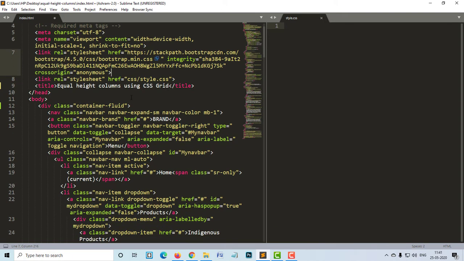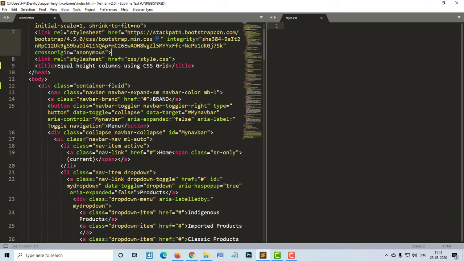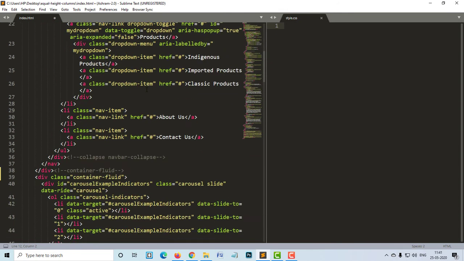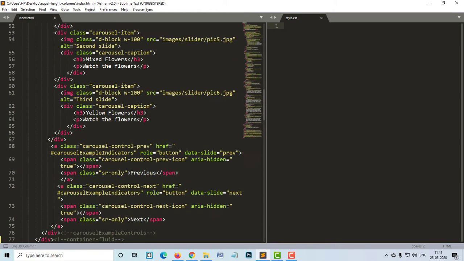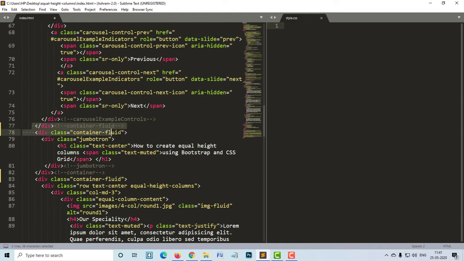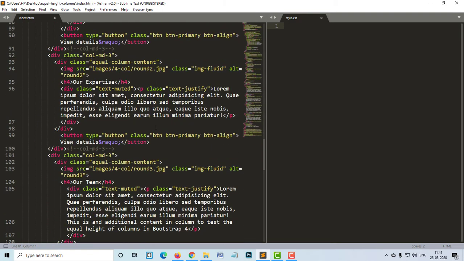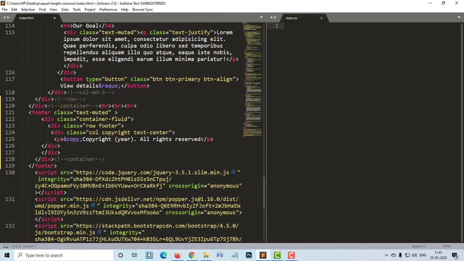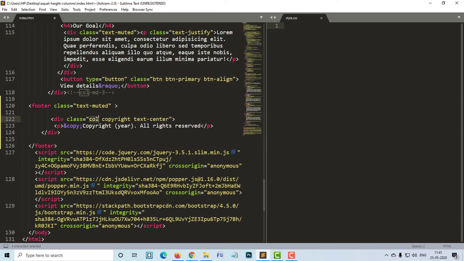Give this title, and then since I will not be using Bootstrap containers, rows and columns, let me remove all the containers that are there in this example. There are 2 more containers here, and these containers also remove. And coming down to the bottom here, let's remove the row in the container and also the container and row here, these two, and also the column.